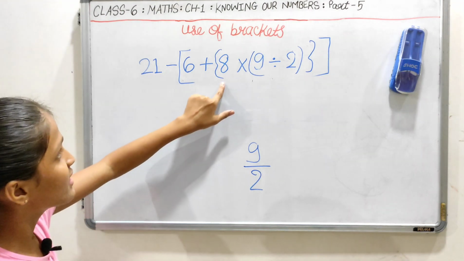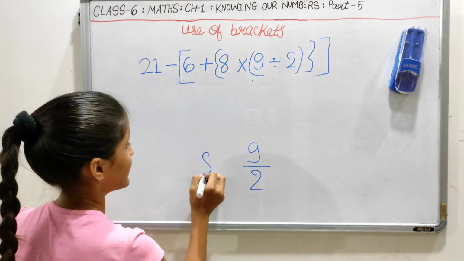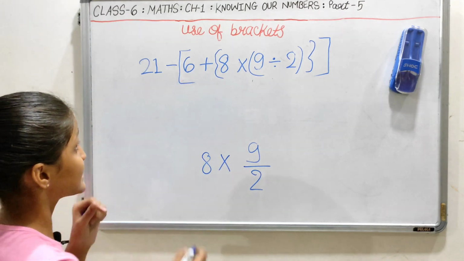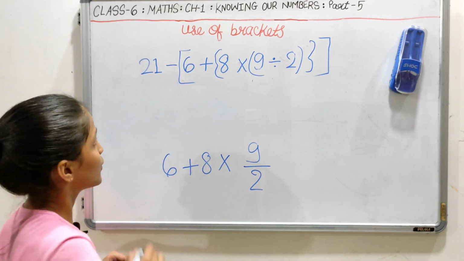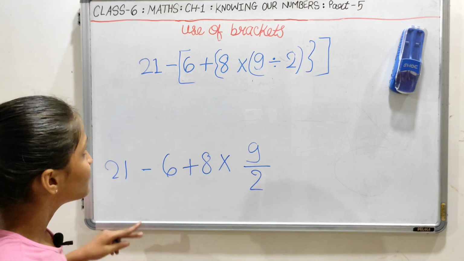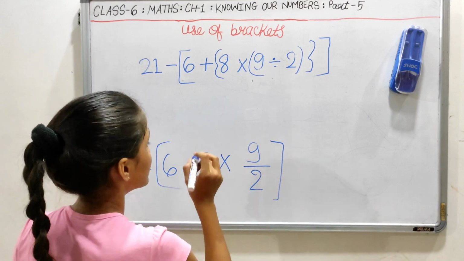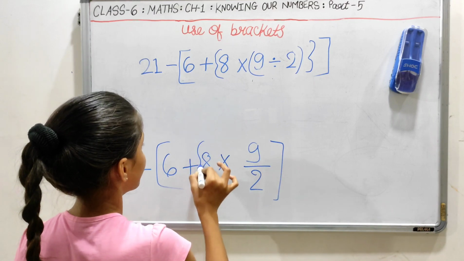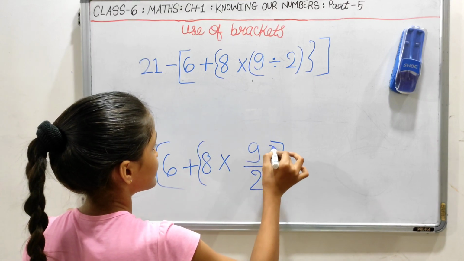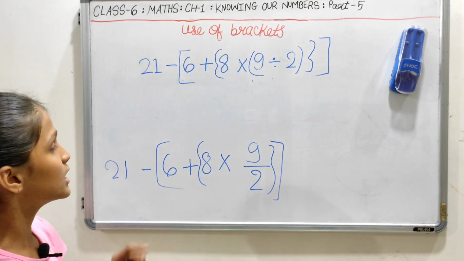Now we will do the operation outside. So 8 into, we got here 8 into and 6 plus. So we will note this and we get 21 minus. Now here we put the same in the same order. So we got here curly brackets. So we solved curved brackets. Now we are at curly brackets.